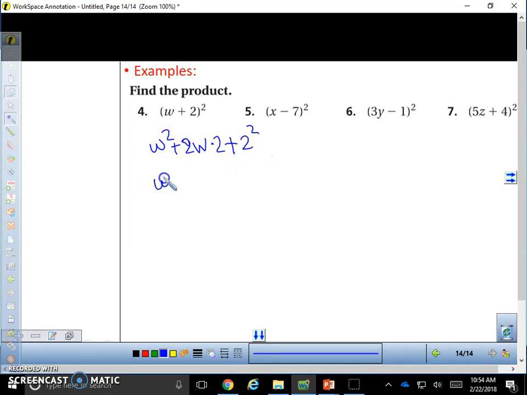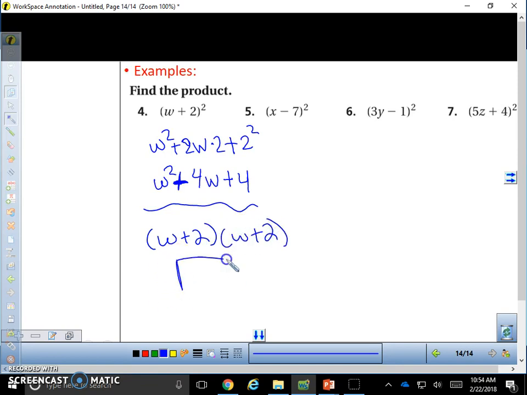So w squared, I'm just going to go through and simplify, plus 2 times 2, 4w plus 4. Done. Or you can remember, again, this says w plus 2 times w plus 2, rectangular array